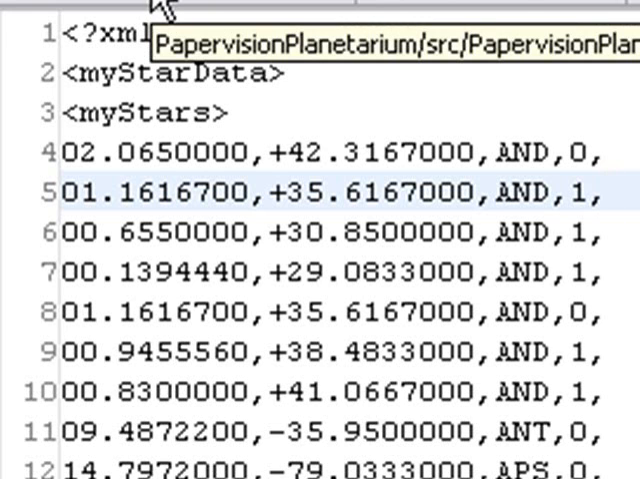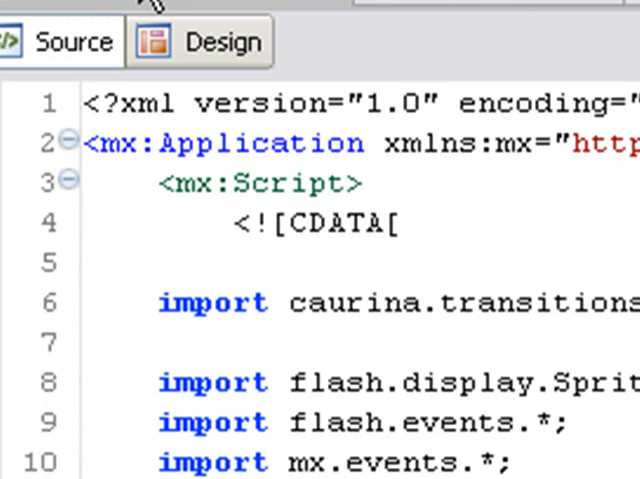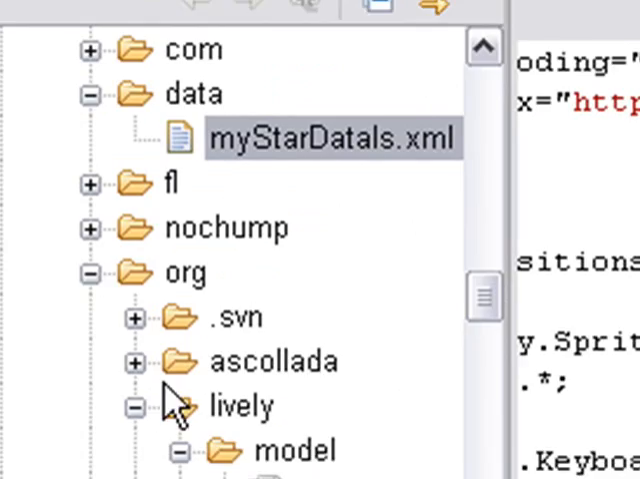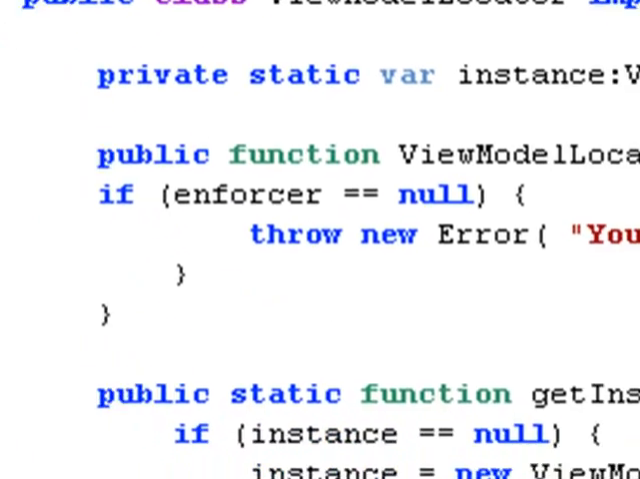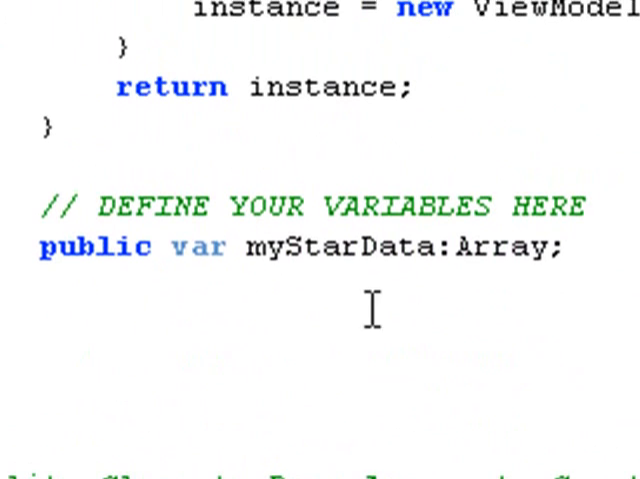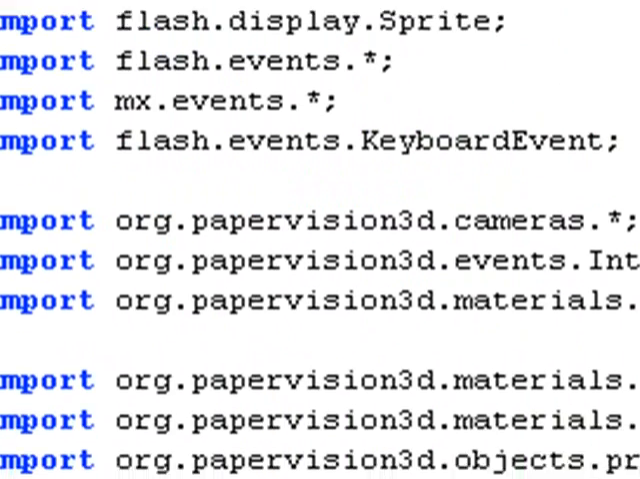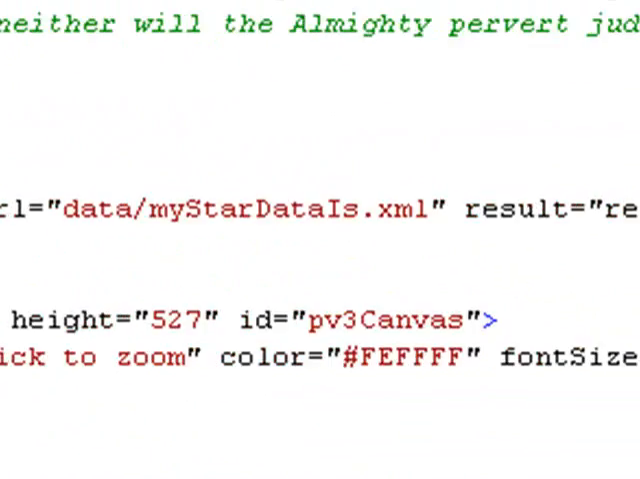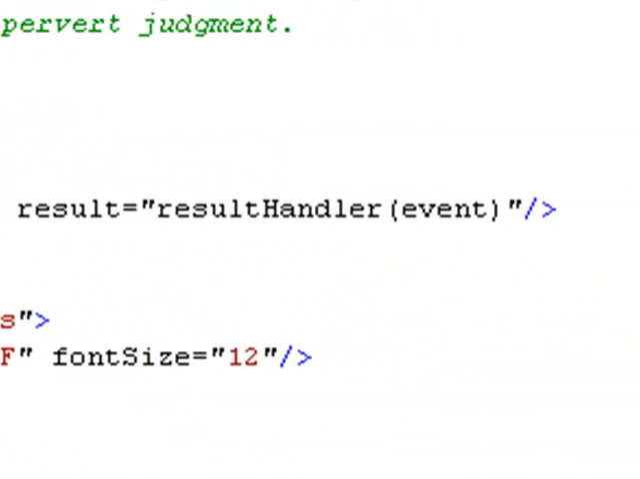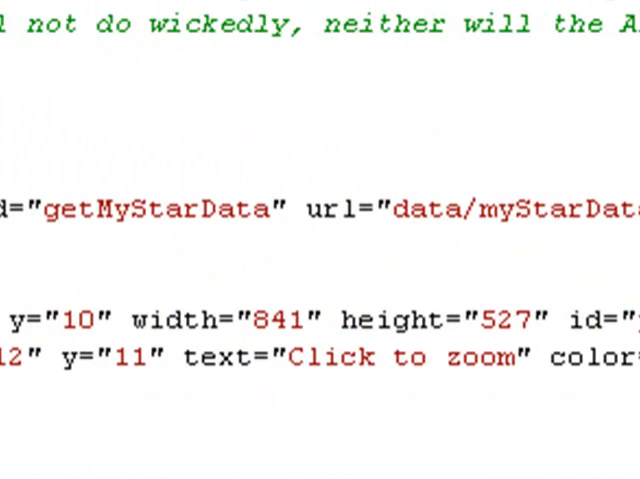The only other thing that was really neat about this is using Cairngorm. I'm going to show that to you real quick. In my folder right here, I'll call it org lively, I have a model and views. If you click on the model right here, I just had to create an array, and at the bottom of that array, see, it's basically a MyStarData array. So if I go back to the program, at the bottom I use an HTTP service command to bring in the star data, and then that goes to a result handler, and when you go to the result handler, what it does,